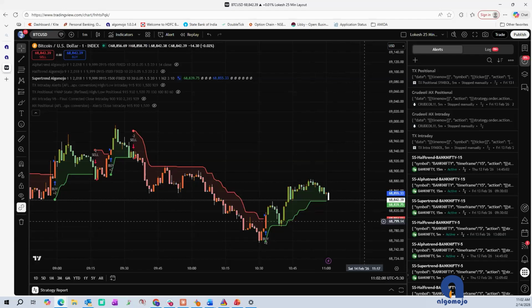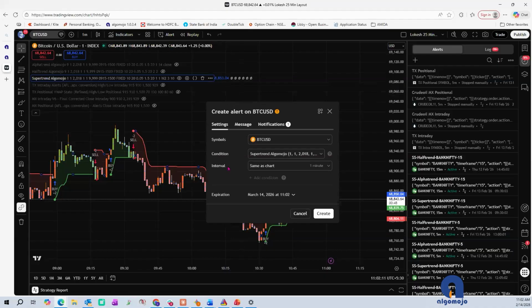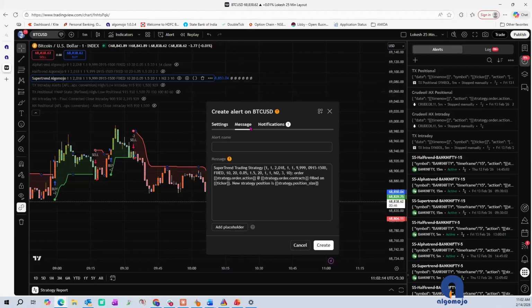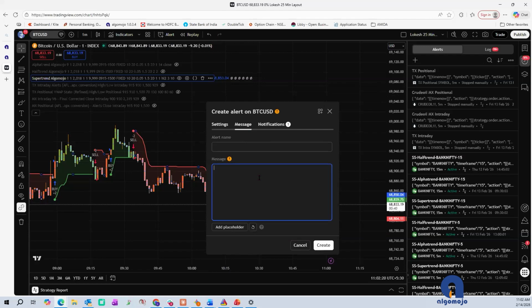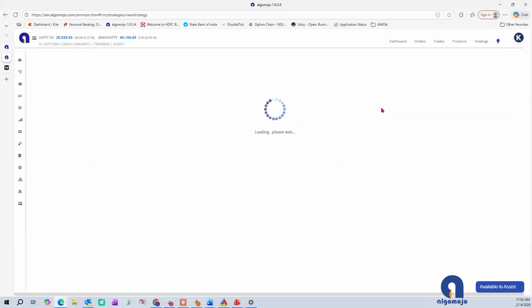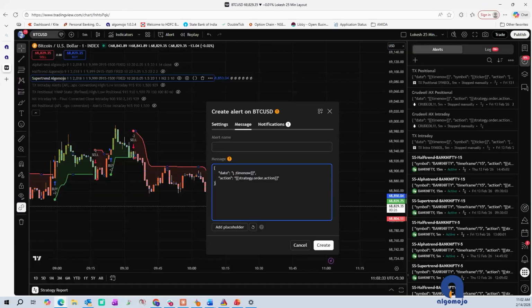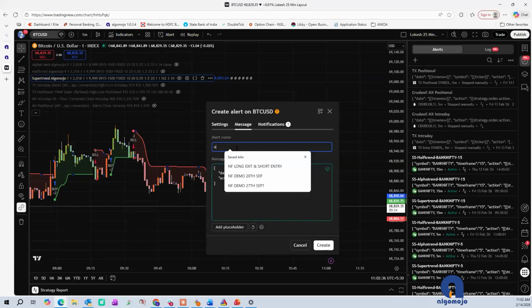Right. So, once you have loaded the strategy, go to the strategy and click on these three dots which are there for creating an alert. Say add alert. It will open up a pop-up box. Go to this message box and remove whatever values are there by default, and go to Algomojo, go to your strategy here, and copy this code and place it in this box and give it a name, say NF 14th Feb,